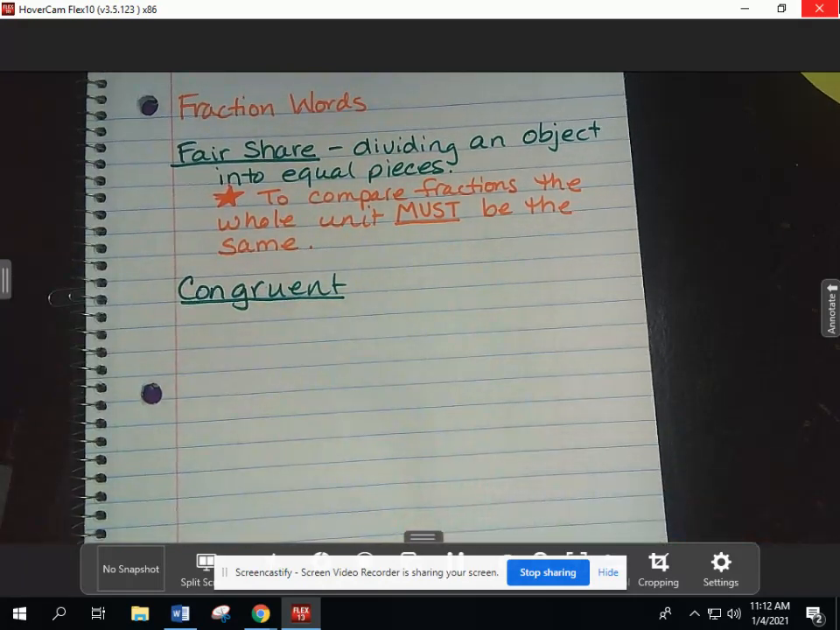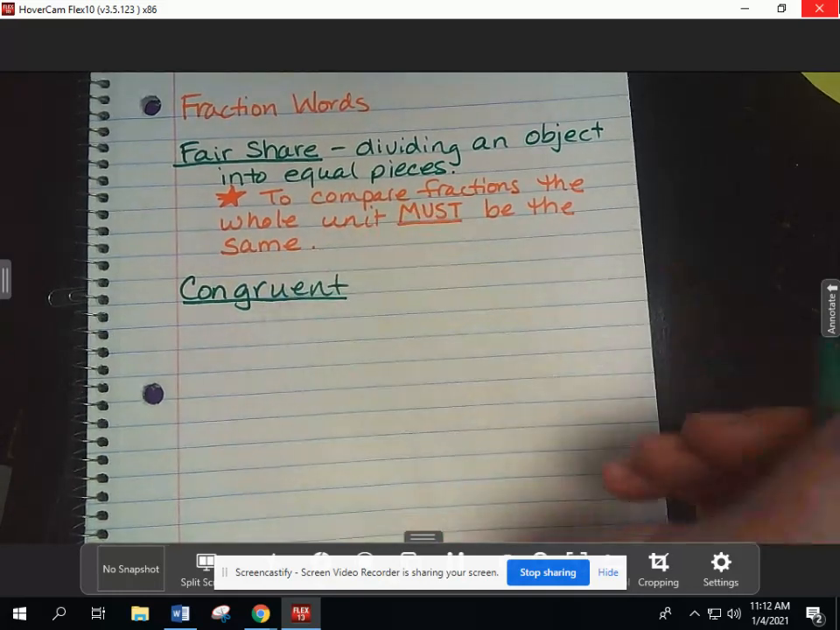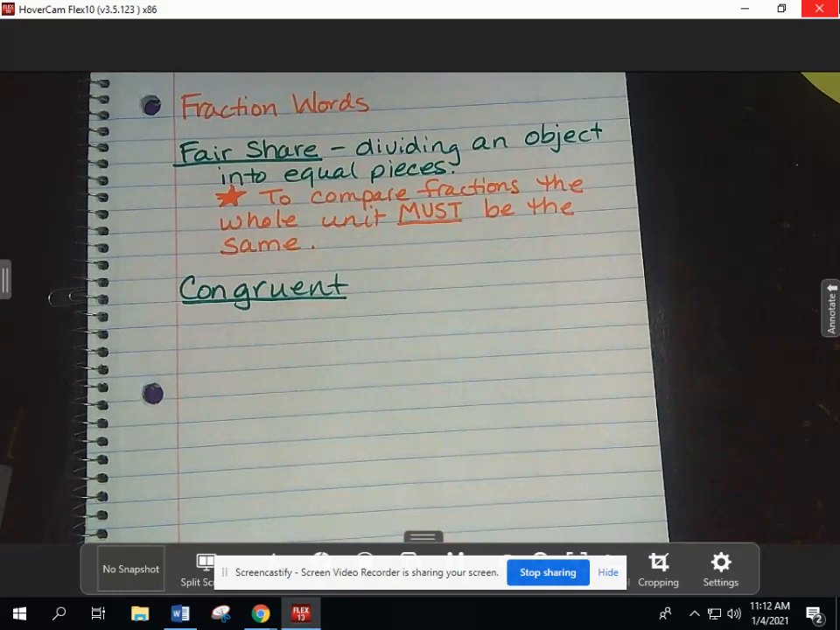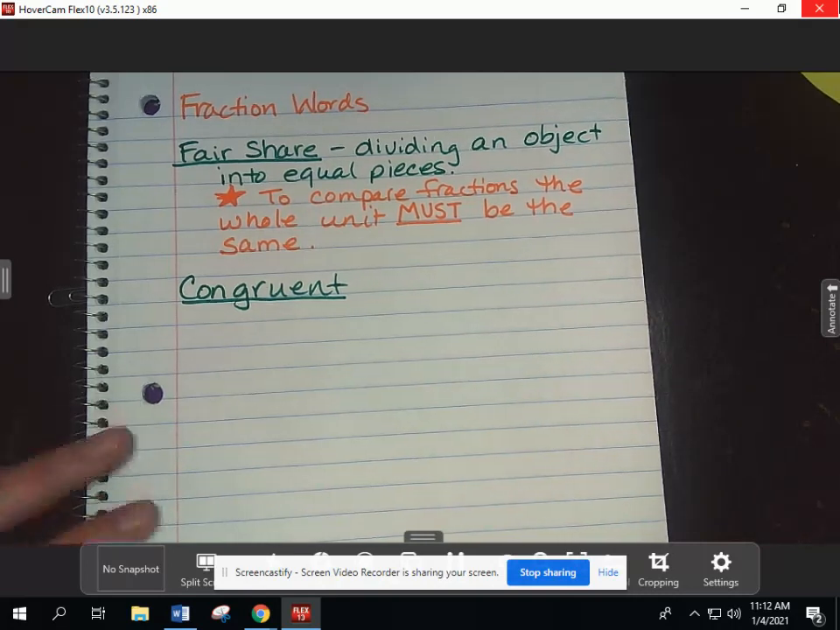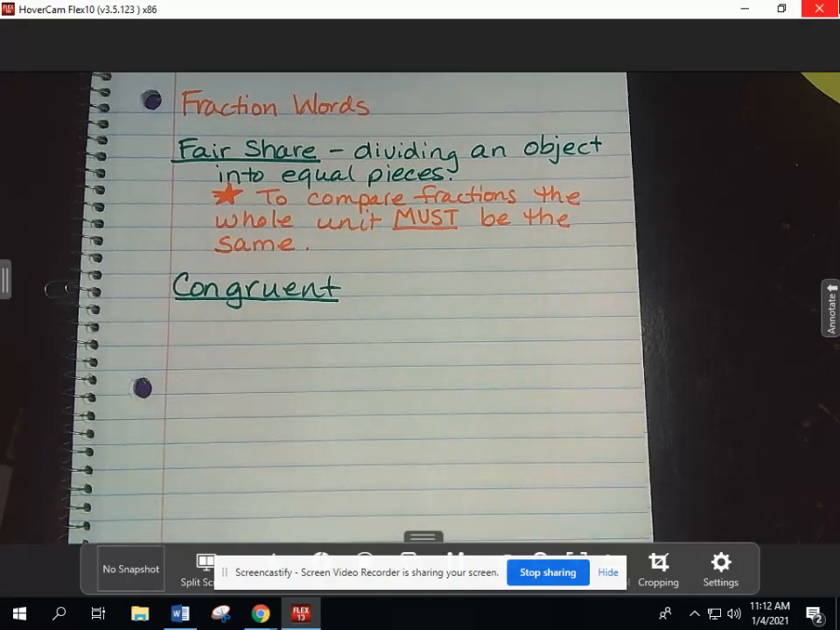Congruent. Does anybody know what congruent means? That was a word I always had problems with in school as well. Congruent. You see what I mean? If you don't understand the words, it's hard to understand fractions. Does that make sense? Okay, so yeah, we gotta do some of this before we can do some of the